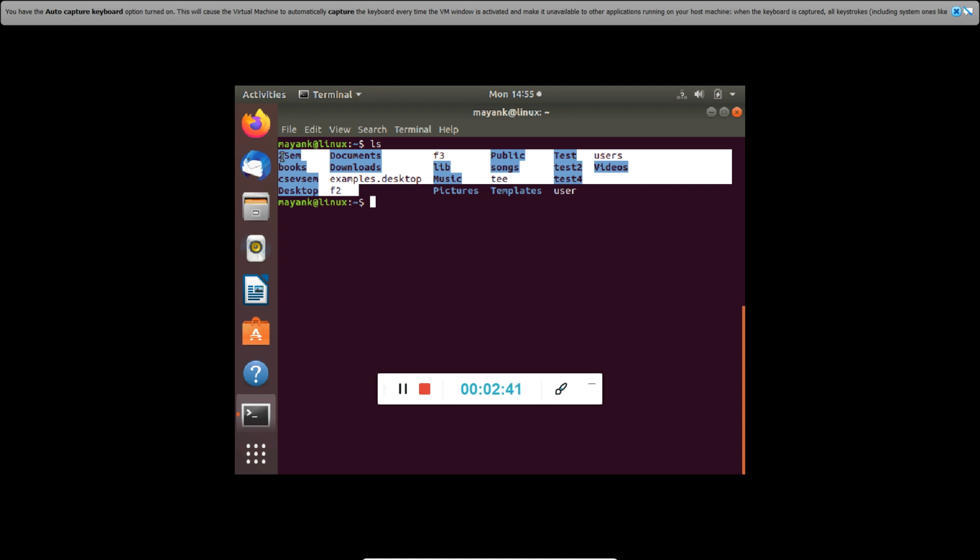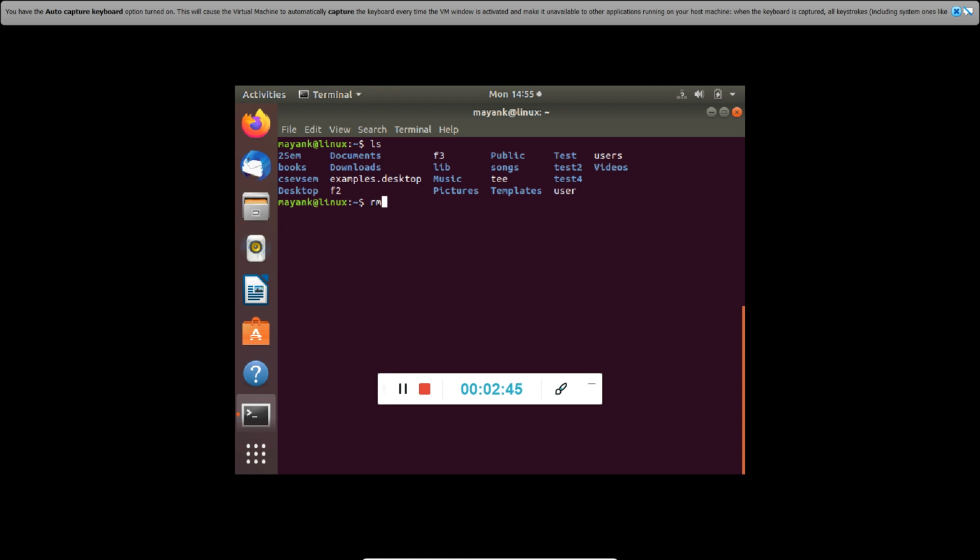Now if we want to remove in an interactive mode, that is, it asks before removing, this also can be done. If I write rm -i f2, it will ask me whether I want to remove this regular empty file. If I say yes, it will remove. If I type no, it will not remove.